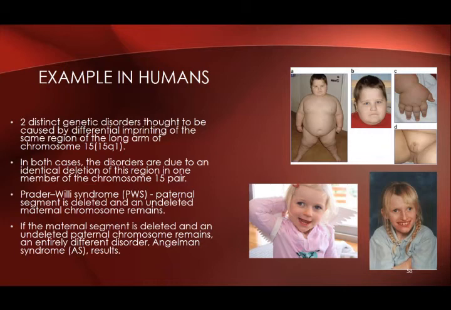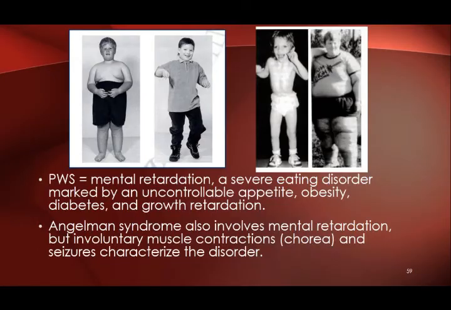So Prader-Willi syndrome, PWS, happens when the paternal segment is deleted. The one that remains is the undeleted maternal chromosome. If the maternal segment is deleted and an undeleted paternal chromosome remains, we have an entirely different disorder, which is Angelman syndrome. For PWS, you have mental retardation, a severe eating disorder marked by uncontrollable appetite, obesity, diabetes, and